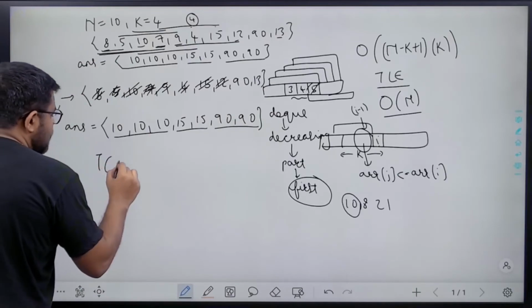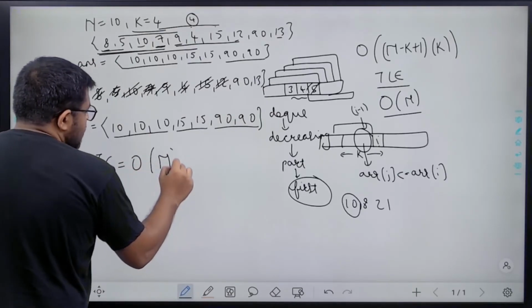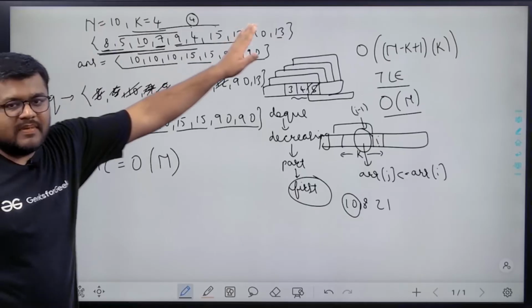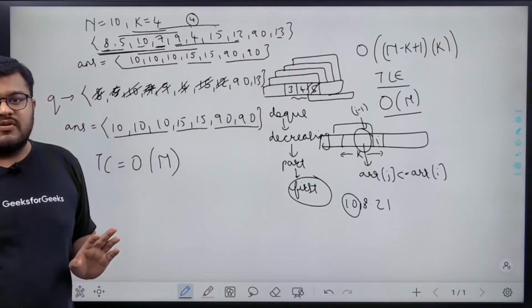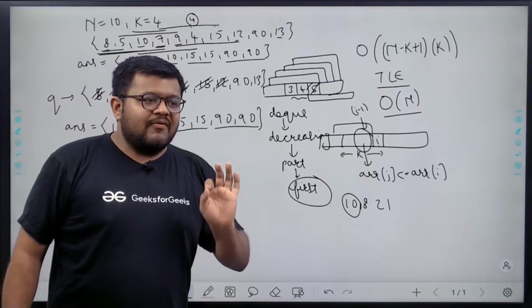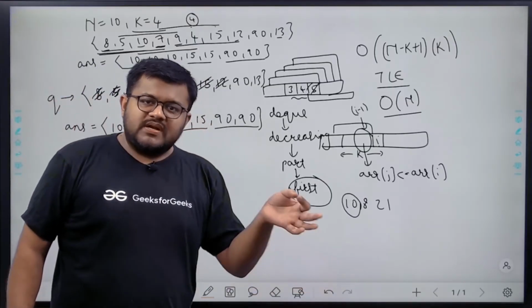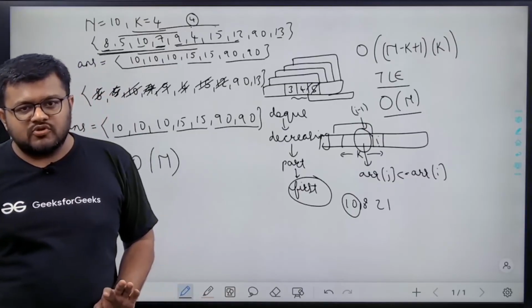Now what would be the time complexity? The time complexity would be big O of n. Why? Because we are making one for loop, right? And we are adding and removing elements from the deque. Now adding an element in a deque takes constant time, and removing an element from a deque takes constant time,